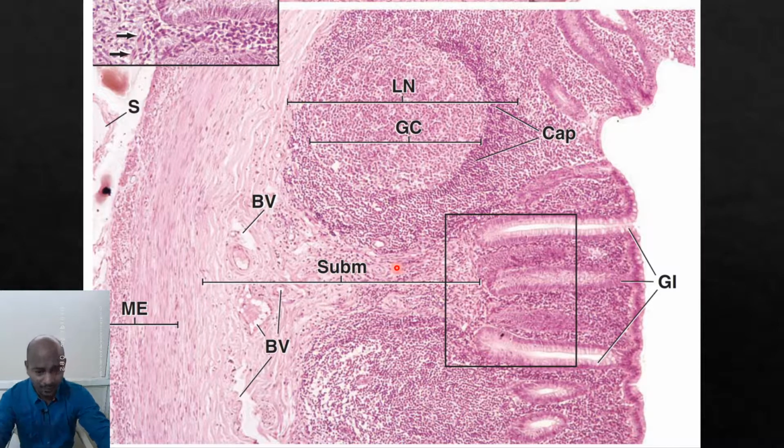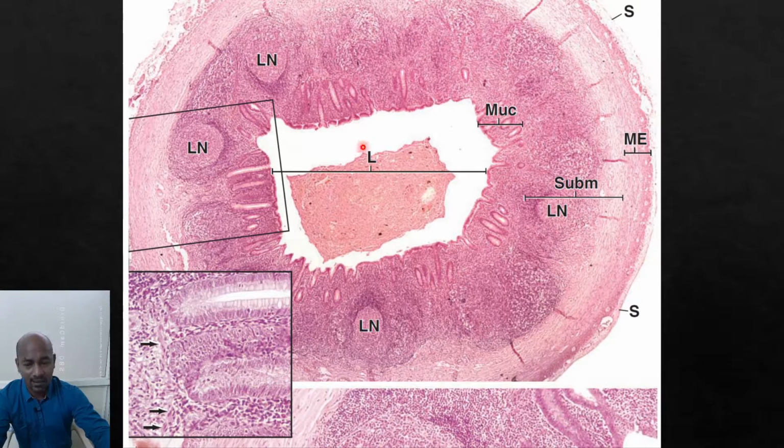So considering all of this, the appendix is not a vestigial organ. It plays an important role in immune response, and along with that it acts like a reservoir. As you can see in this image, there is something in the lumen. So this material, whatever is in the lumen of the appendix, is rich in the intestinal flora or the normal bacterial flora that actually inhabit the